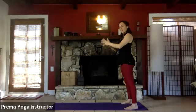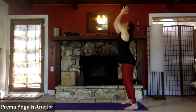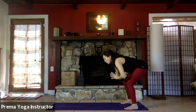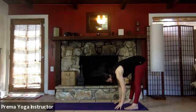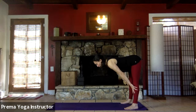Right, take an inhale, circle the arms wide again, reach it up. Exhale, once again, melt back down to that forward fold. Then as you inhale, come halfway up, nice long spine stretch ahead. Take another breath here and really work to lengthen. And then as you exhale,